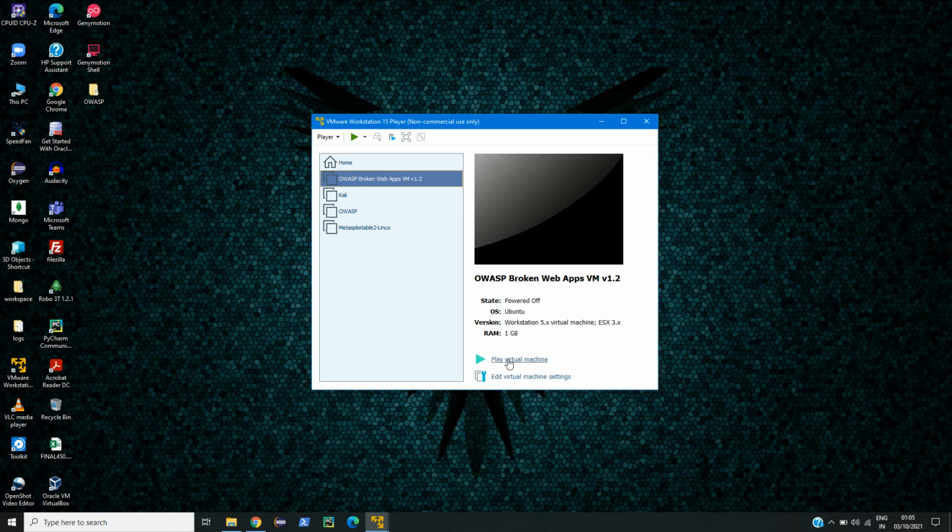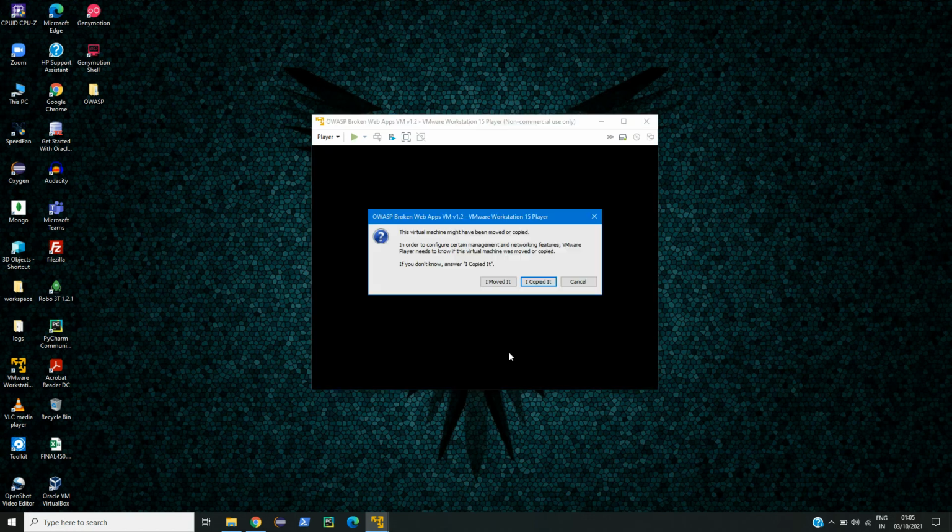Click on play virtual machine, or you can change the RAM that is provided to this machine. Currently 1 GB RAM is provided. That is enough. So click on play virtual machine. This virtual machine might have been moved or copied.